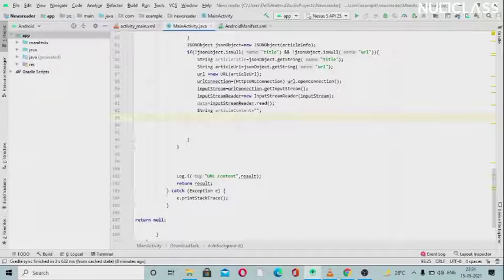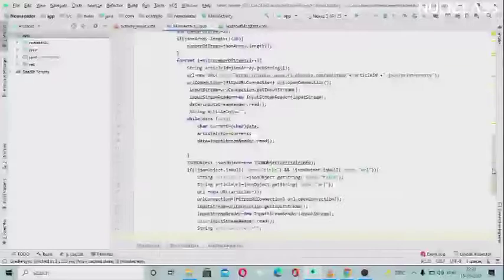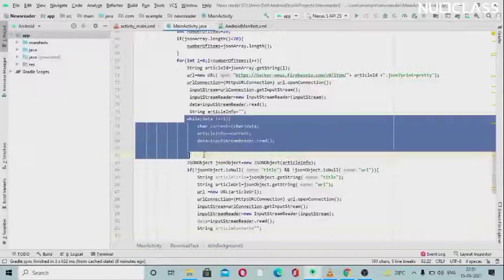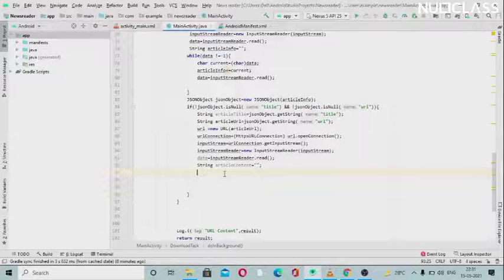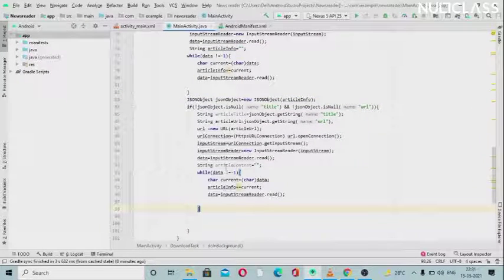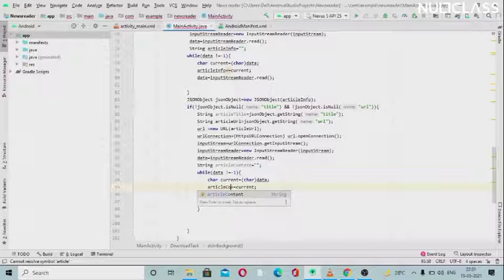Now we will write the same code, I'll just go above to copy this one. This is the same code, we can copy it, I have written that. This is all fine, we just need to change it as we did for result into article information. We will change this from article info to article content.